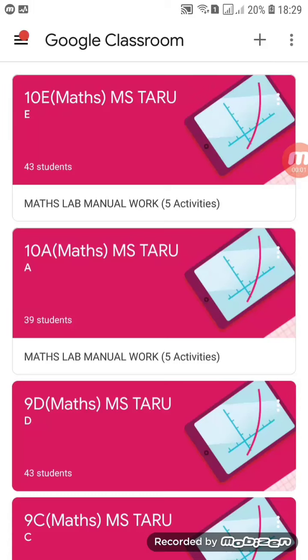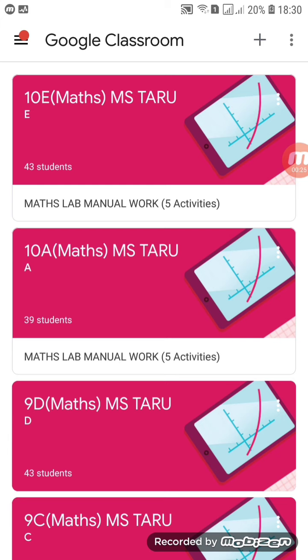Hello everyone. Today we will see how to check and return assignments on Google Classroom, and this is the first method that we will be doing through mobile. That is, we are going to deal with mobile checking, and this is the first method of it. In this method, we will be actually checking and returning the response sheet in the form of an edited PDF file.